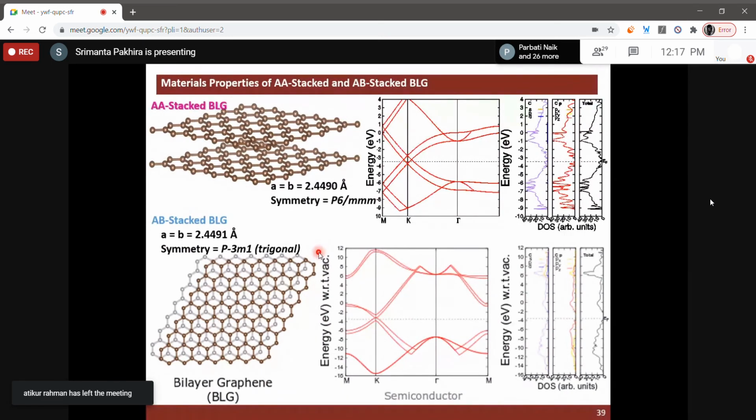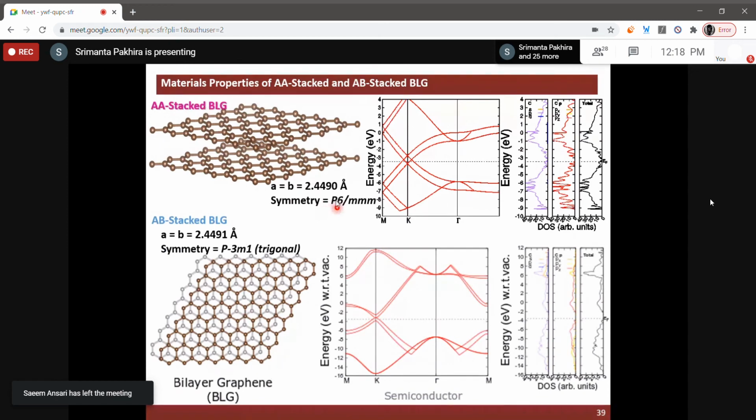These are unit cells I showed many times, which will be very important for us. Let's say this is the 2D bilayer graphene structure. Now, when you stack graphene monolayers one upon another, there are two ways. If the graphene layers are exactly parallel, and each atom in one layer is aligned with the atom in the other, it is called A stack. That means the top of the first layer is exactly over the bottom of the second layer. It is called A stack bilayer graphene.